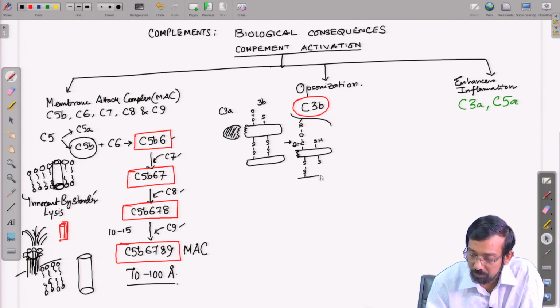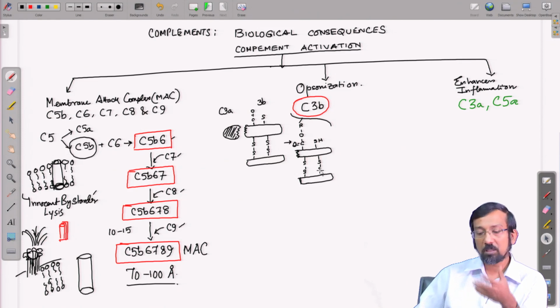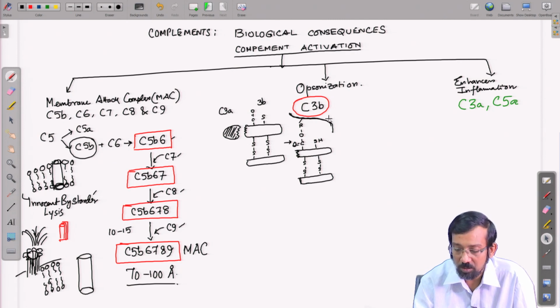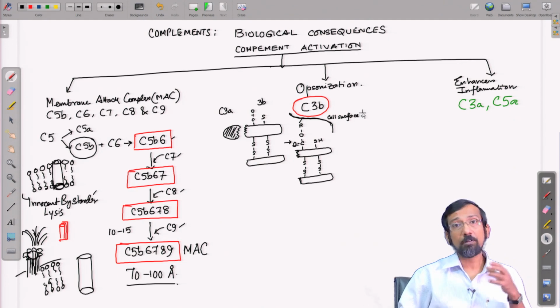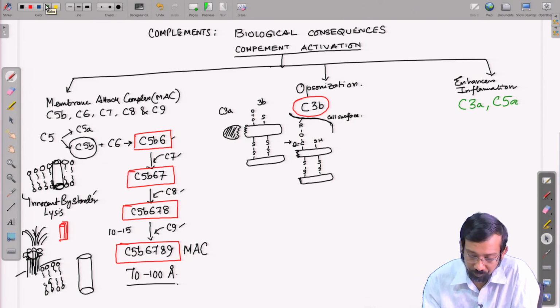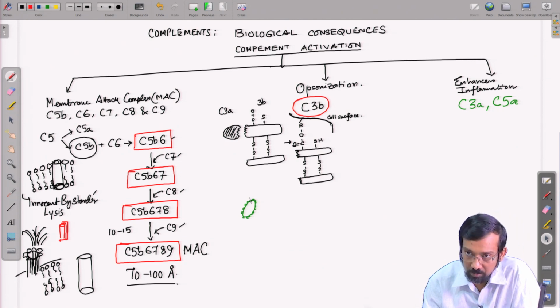like this, and this is how the C3b can get bound to the surface of the target cell, if this is the surface of the target cell. And that is how it can even coat the cell surface. So, for example, if this is a pathogen, for example a bacteria, it can get coated by the C3b molecules directly